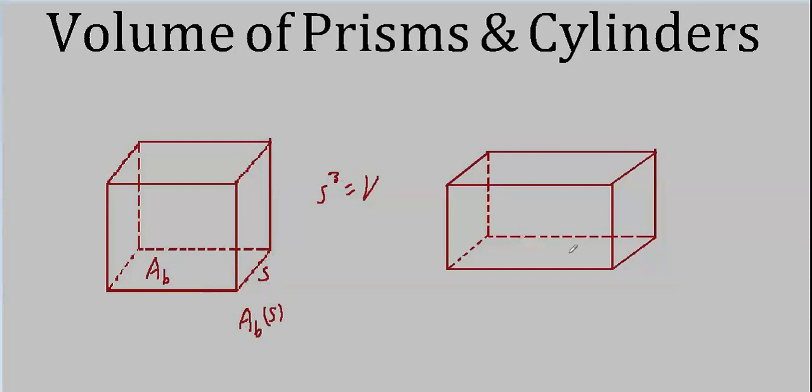Over here, the same thing. If we have an area for a base here and some height, then we can write that the volume is the area of the base times the height. And of course, if we call these, say, L and W, like length and width, very clever original names for these two dimensions, then we could just write L, W, H.